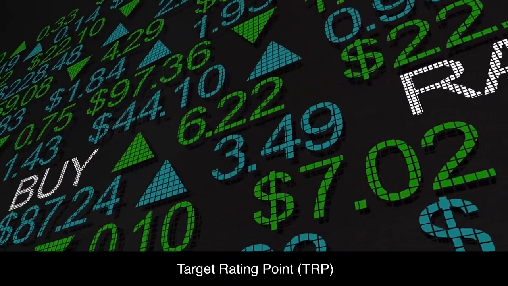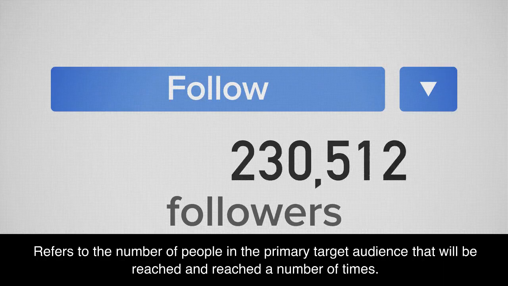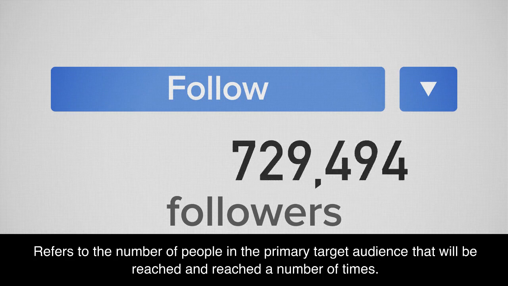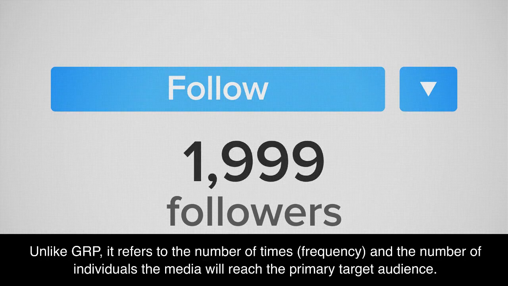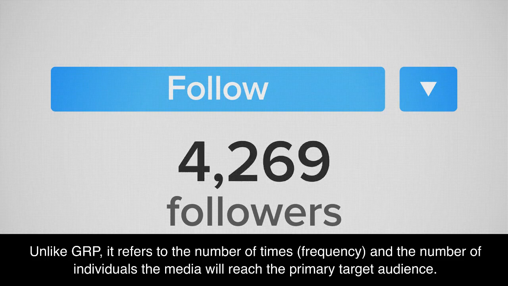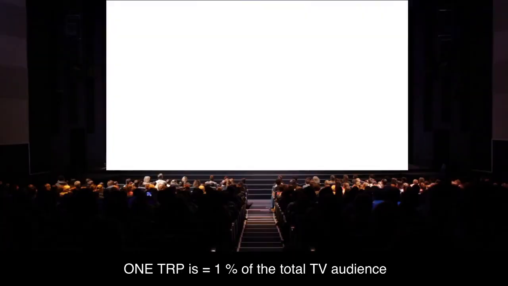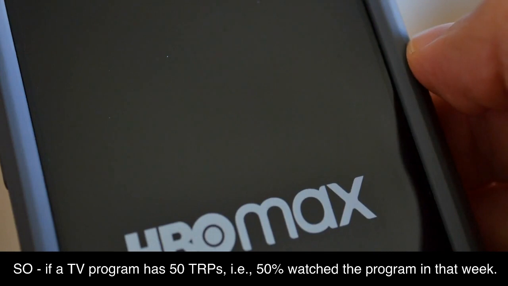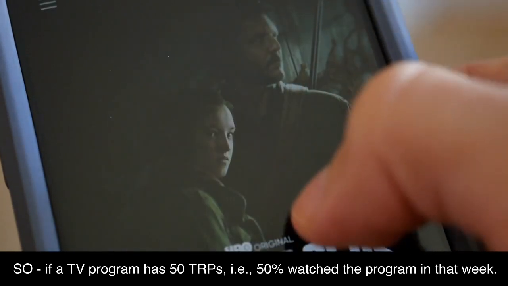Target rating point, TRP, refers to the number of people in the primary target audience that will be reached, and reached a number of times. Unlike GRP, it refers to the number of times, frequency, and the number of individuals the media will reach in the primary target audience. 1 TRP equals 1% of the total TV audience. So if a TV program has 50 TRPs, i.e., 50% watched the program in that week,